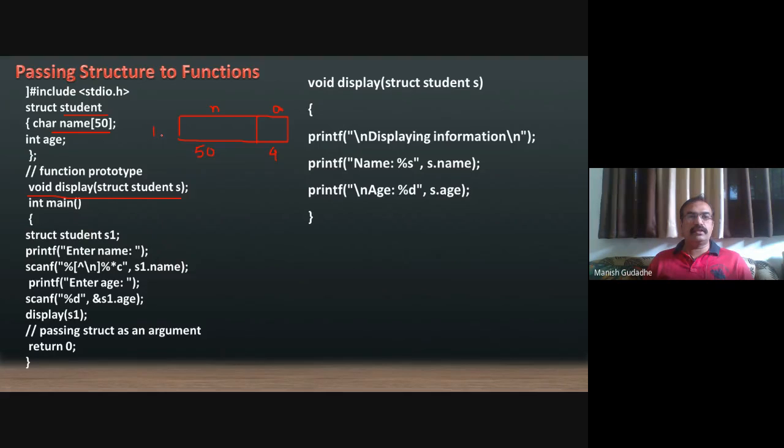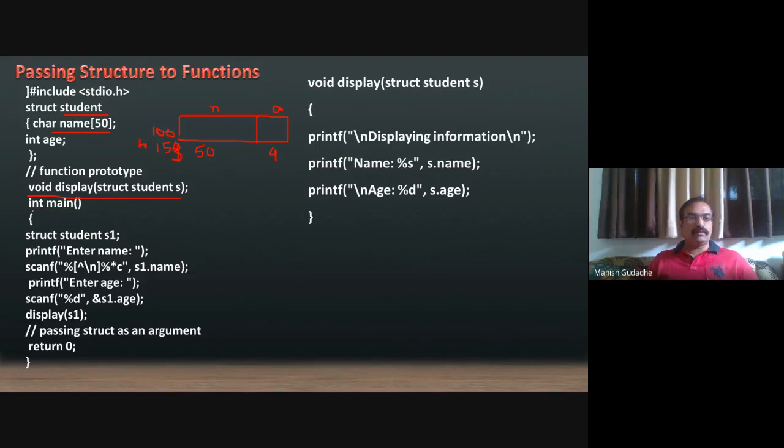So the total bytes it will be accommodating are 100 to 153. In total, 54 bytes it is going to accommodate.